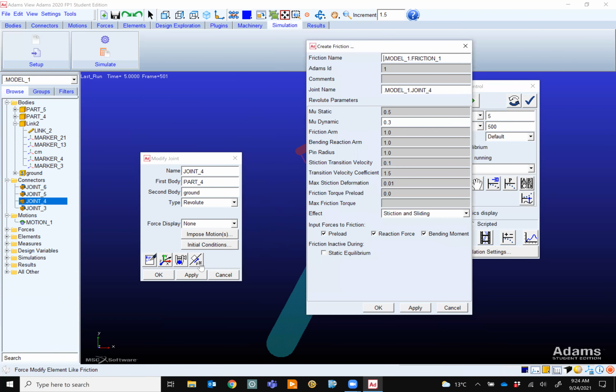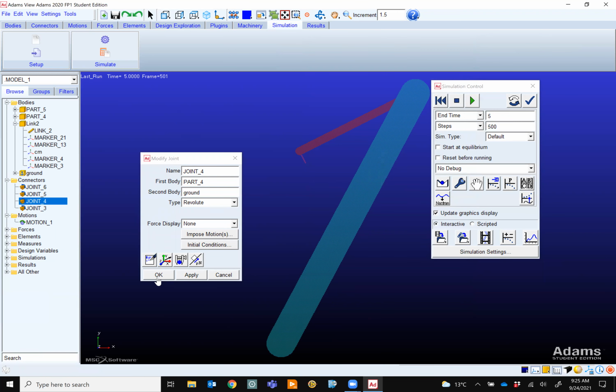So I click on mu n, and you say what your coefficient is, like mu static. Remember, because it's dynamic, you need mu dynamic and mu static, where mu dynamic is usually smaller. You just Google what the friction is between aluminum and aluminum, or aluminum and steel, and then you put it there. The rest of the numbers, you leave as they are. But for now, no friction, nothing.